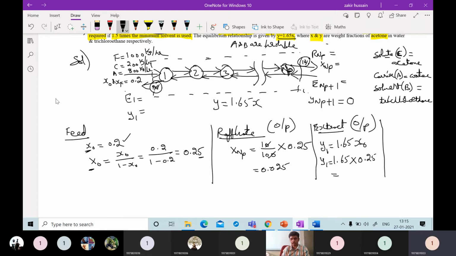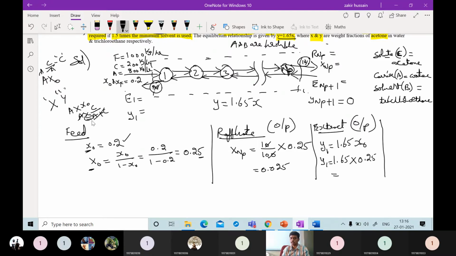In the immiscible case, whatever material balance we conducted, we conducted for the capital X and capital Y only, for the convenience. Capital X naught is nothing but C by A, so this A and this A will be cancelled out and finally the C balance we are conducting. When you multiply small x naught by A, A into small x naught means C by A plus C.